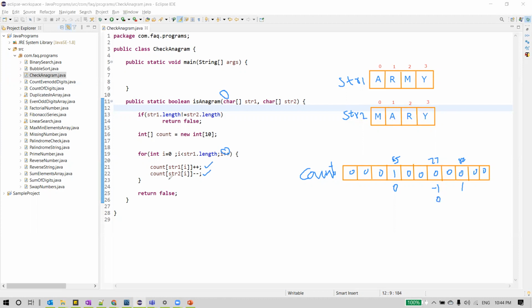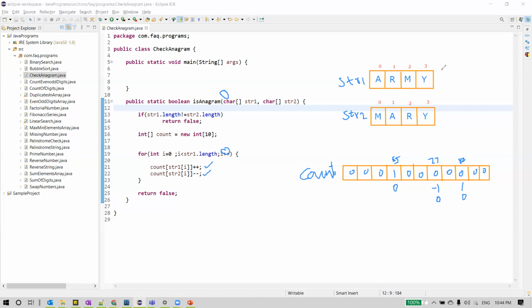Then string 2 of I is R. What's the R value? It is 82. We just now found it, and we want to decrement the value at that index by 1. It already has 1 here, so we decrement this value by 1, and this becomes 0.